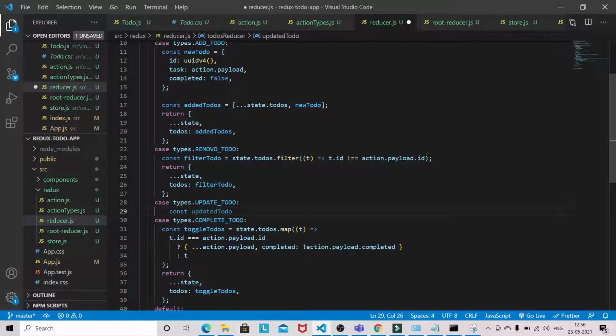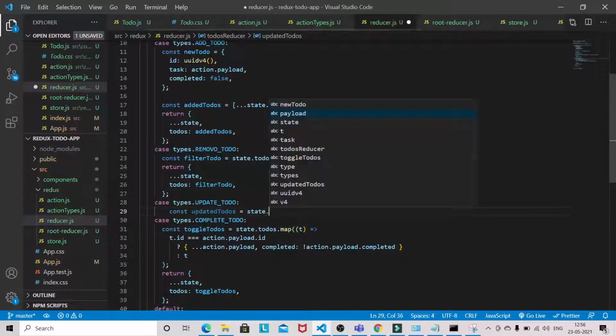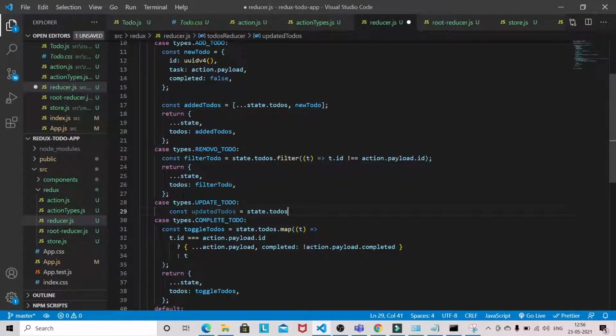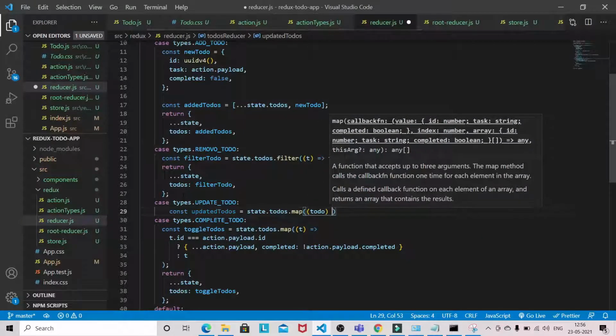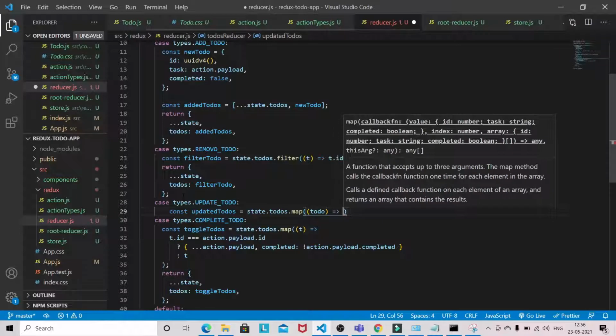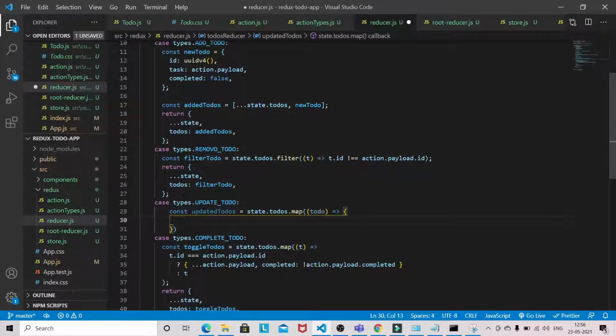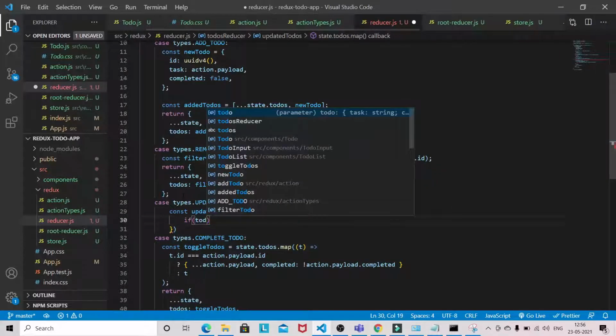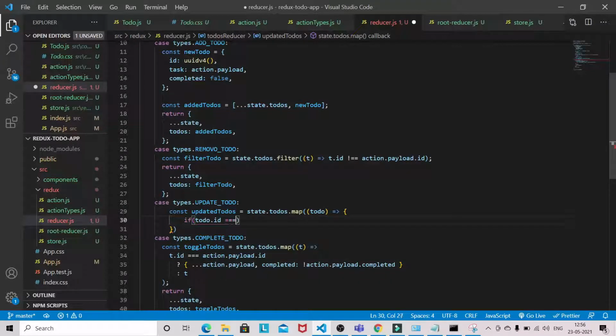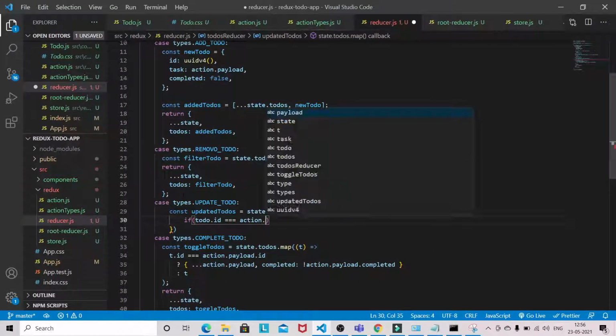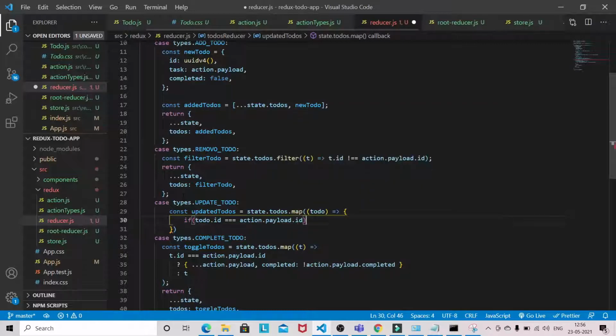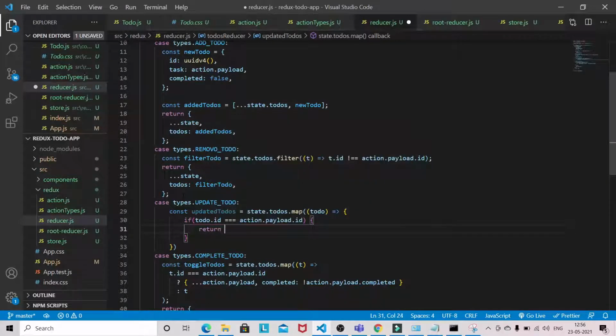To-dos equal to state dot to-dos dot map. So if to-do id matches with the action dot payload dot id, then only we are going to update the return.